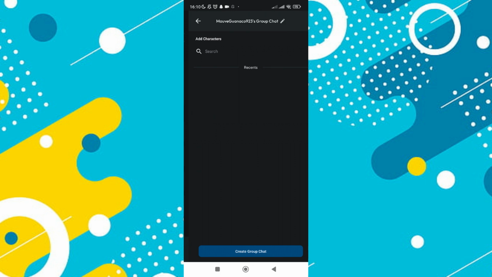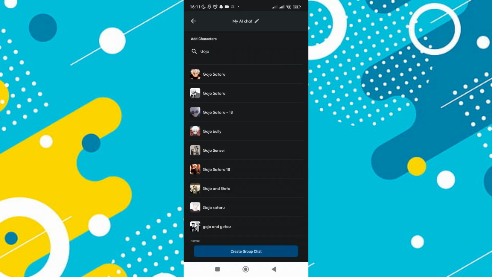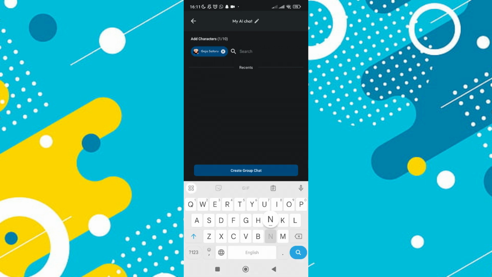You'll be prompted to enter a name for your room. Think of something that fits the theme or purpose of your chat. After naming your room, you'll have the opportunity to add characters. Choose the ones you want to include for a group chat by selecting them from the list or searching for